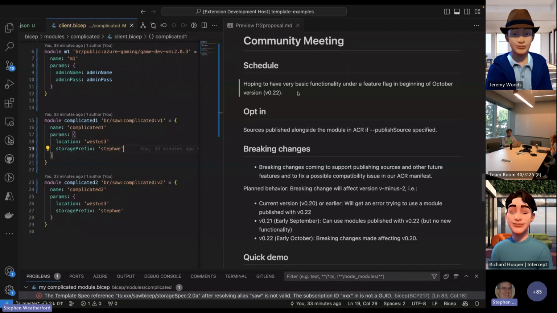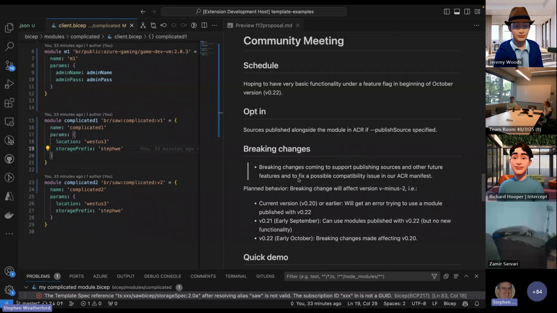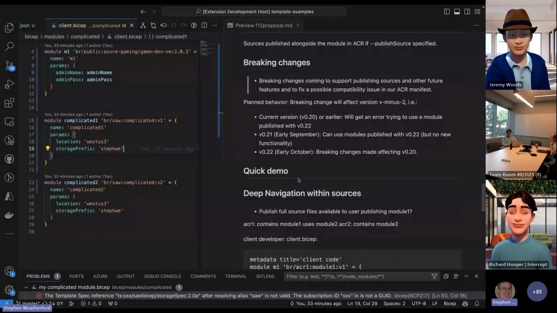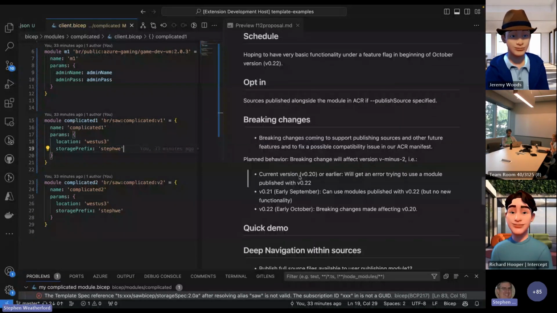So as far as schedule, I'm hoping to have some basic functionality checked in, not this version, but the next version under a feature flag. It'll be fairly simple. I've got a lot of other things to do this milestone, but I have some of that going. In order to support that, we have to make some big breaking changes in the format. So just FYI on that, the intention is that